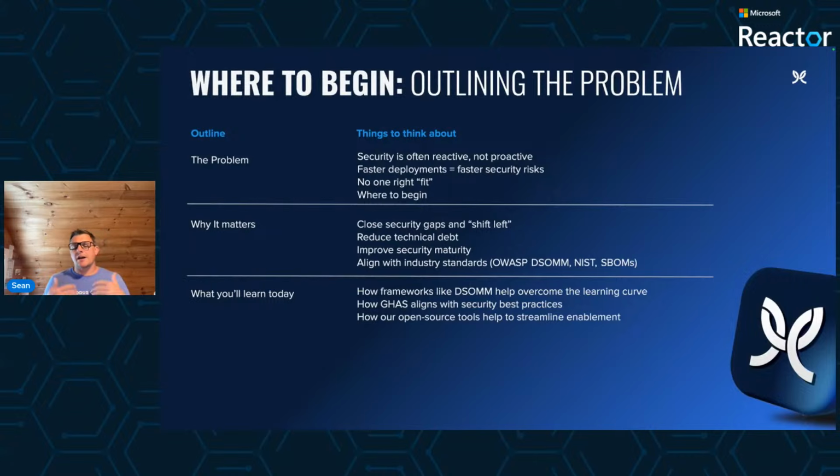And we want to start with the problem, right? What do we want to solve for? Now, as many of you actually already know, modern software development is fast-paced, highly distributed, and increasingly dependent on open source components, which incidentally leads to excess tooling. Additionally, security vulnerabilities, misconfigurations, and compliance gaps, potentially due to that vibe coding that we all know and love, often go unnoticed until they become major risks.